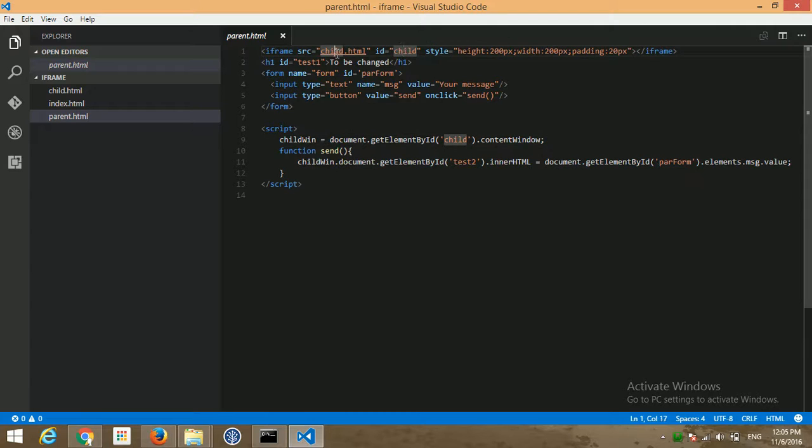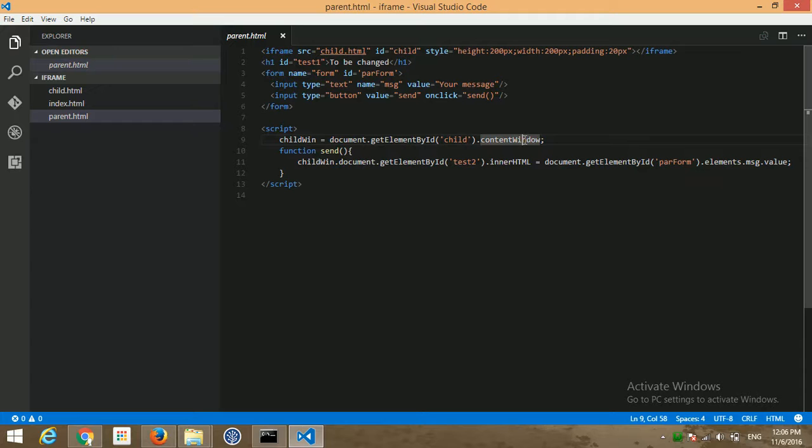This is the iframe, inside which child.html is loaded, and I am getting it using the child id and contentWindow. The contentWindow is the window of this child.html. For an iframe we have a separate HTML for each iframe, so it's loaded as a window, or you can say a document inside a document. That's why I am getting the contentWindow of child.html.